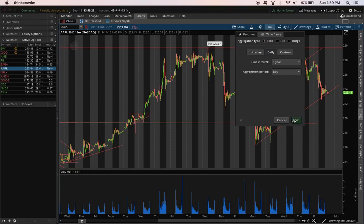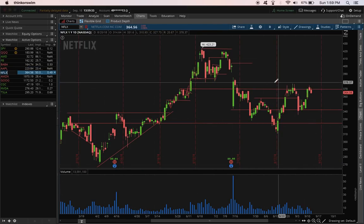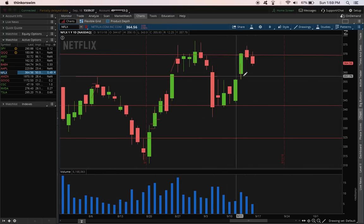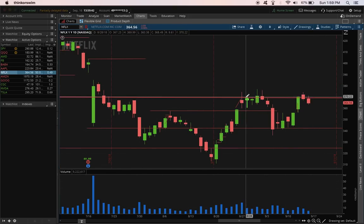Sorry. All right, let's go to Netflix. As you can see here, this is what I'm talking about: the indecision candles at crucial support and resistance levels. You can see here that we had this little indecision candle body, and then we're starting to trend down, so I can just expect it to trend down to 350 would be my guess, because as you can see